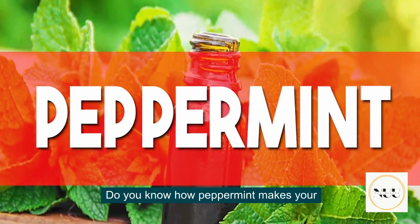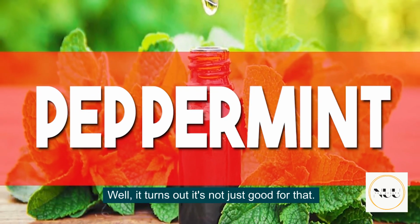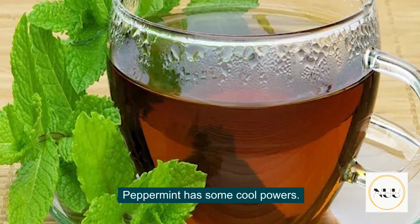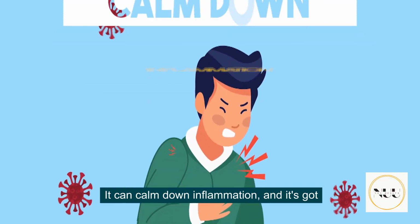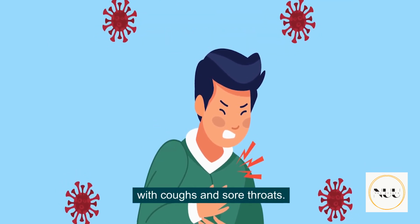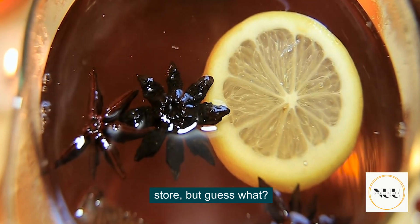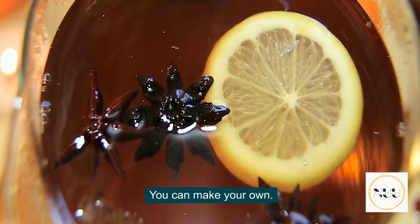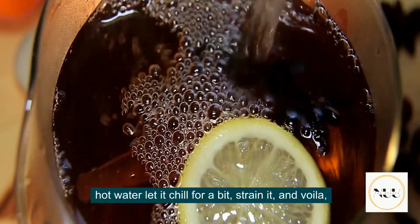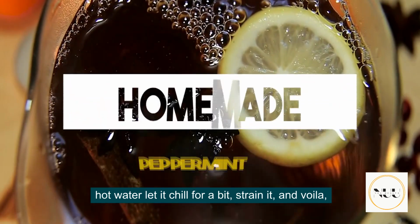Peppermint. Do you know how peppermint makes your breath all minty fresh? Well, turns out it's not just good for that. Peppermint has some cool powers. It can calm down inflammation, and it's got this menthol thing that helps with coughs and sore throats. You've probably seen peppermint tea at the store, but guess what? You can make your own. Just throw some dried peppermint leaves into hot water, let it chill for a bit, strain it, and voila, homemade